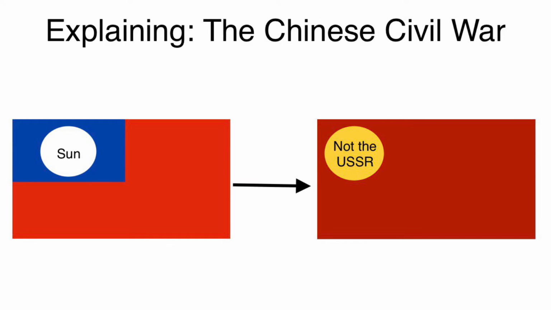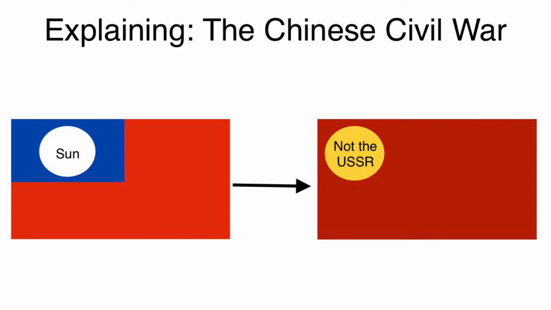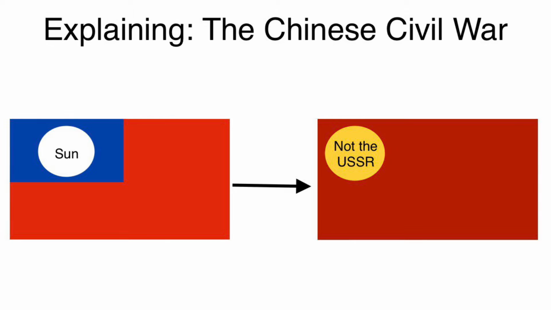The Kuomintang would then launch the Northern Expedition in an attempt to reunite China. The Communist Party, who were still at this time allies of the Kuomintang, would help the Kuomintang capture Shanghai. However, in 1927, foreigners in Nanjing would be killed, and Chiang Kai-shek would blame this on the Communists. Chiang Kai-shek would hire criminals within Shanghai to assassinate multiple Communist members, and the Kuomintang would temporarily be split, starting